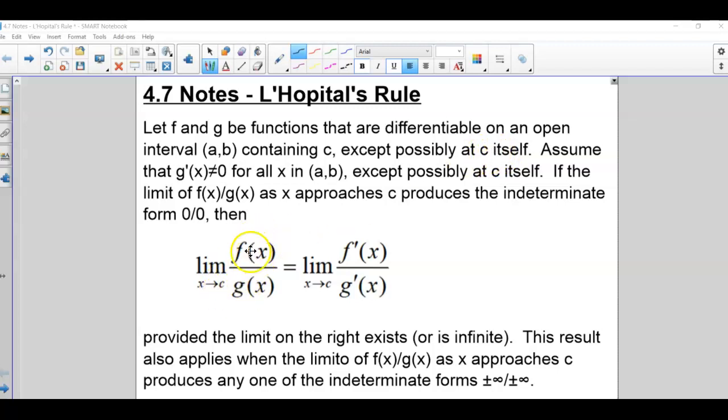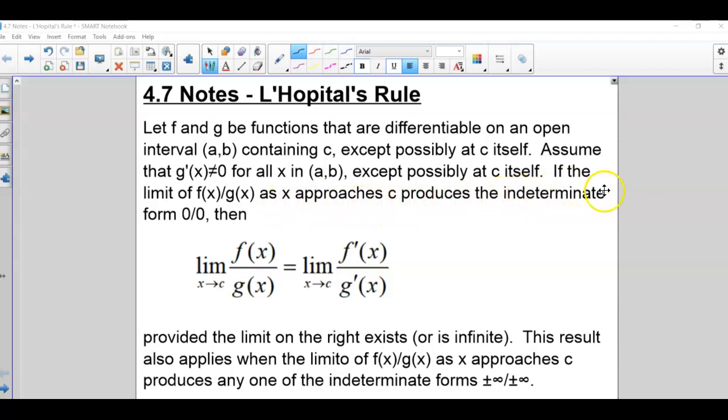So you can take the derivative of f and g, but it's possible that maybe it's not differentiable at that point at c, because sometimes you get zeros whenever you do that. So we're assuming that the derivative of g does not equal 0. That's going to be important because you see that derivative's in the bottom, and we cannot have zeros in the bottom. For all x in AB, if the limit of f of x over g of x as x approaches